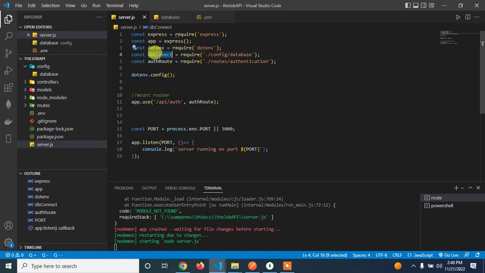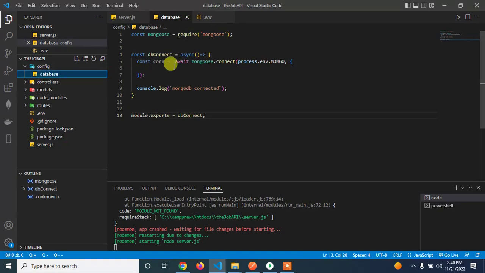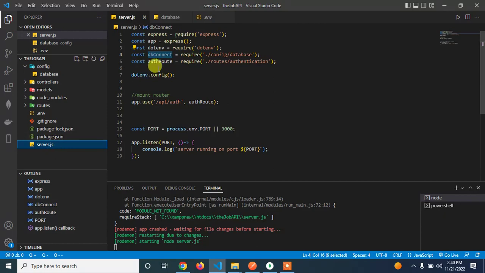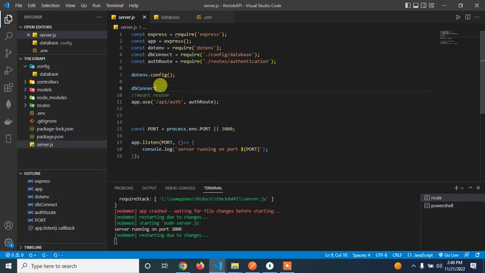Here, since it is a function, for now we don't want to put it in a variable. Okay, this is a function. I haven't required it here. I can now call it here,